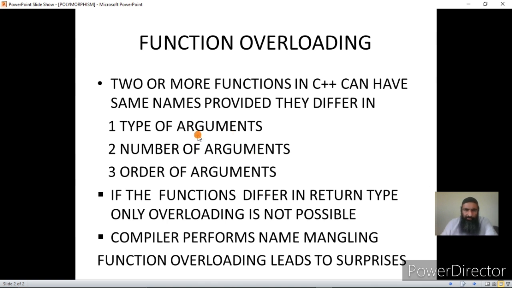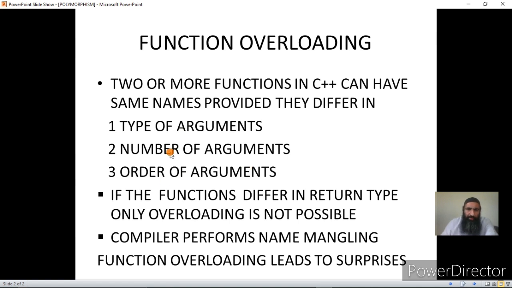That is, two functions can have the same name in C++, provided the data type of the arguments is different, or the number of arguments is different, or the order of the arguments is different, or any of these.